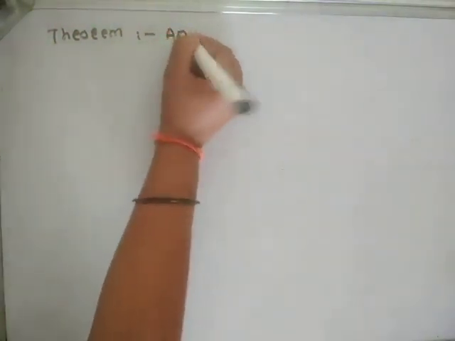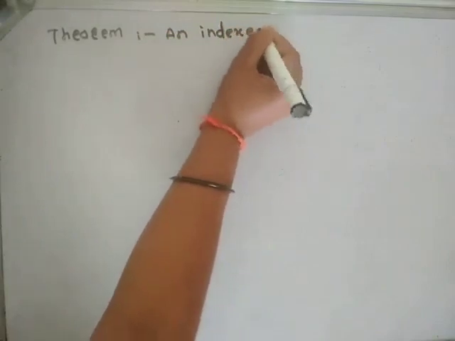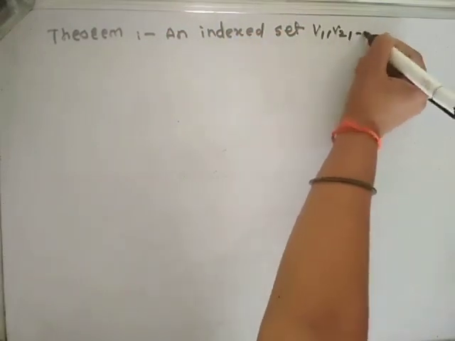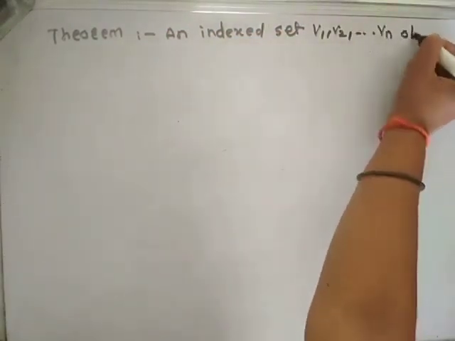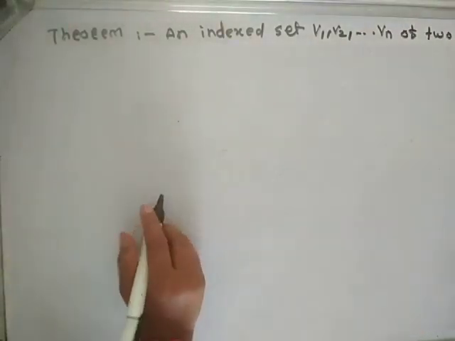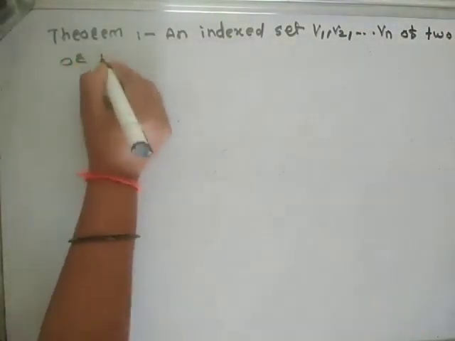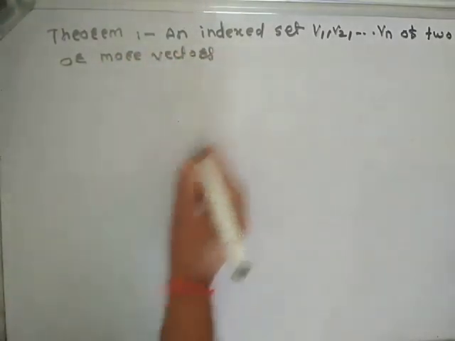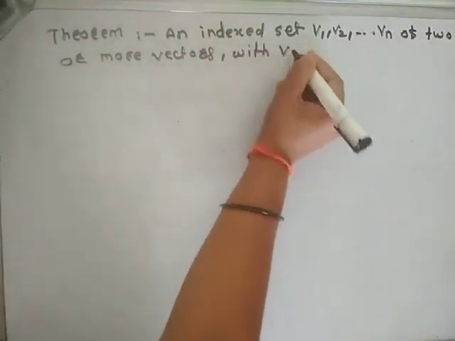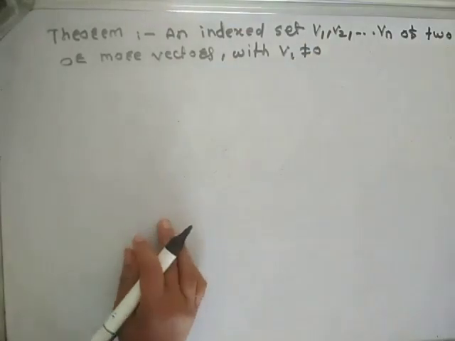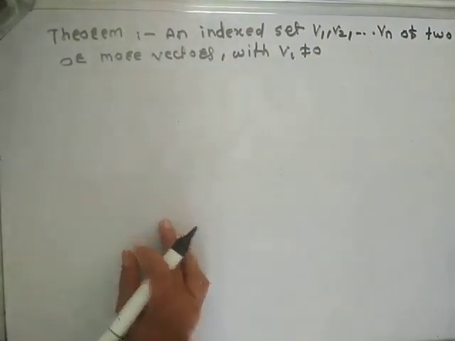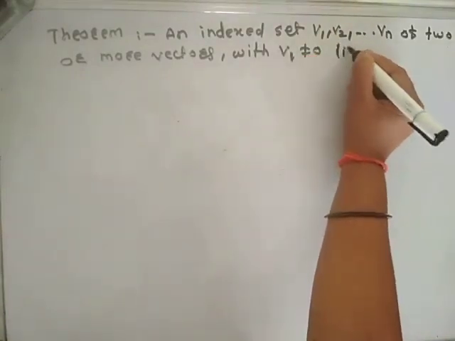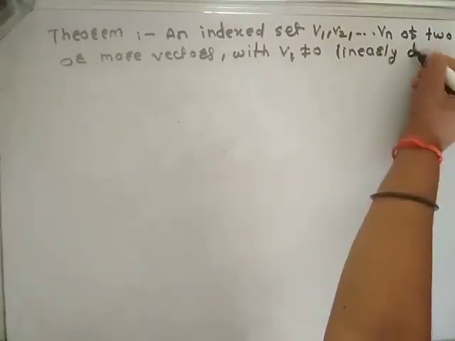An indexed set {V1, V2, and so on up to Vn} of two or more vectors with V1 not equal to 0 is linearly dependent